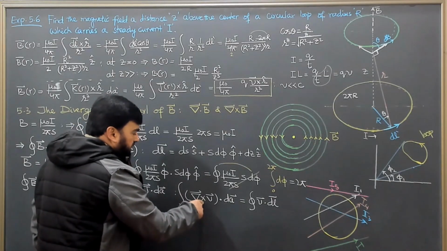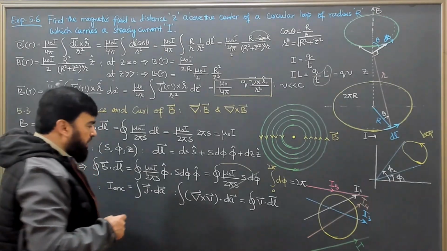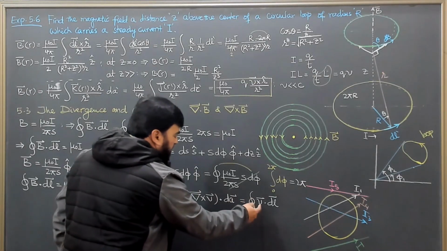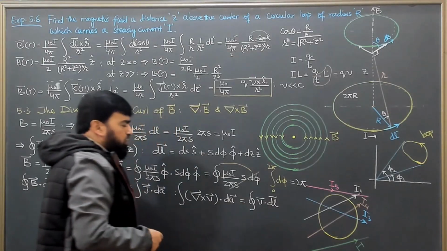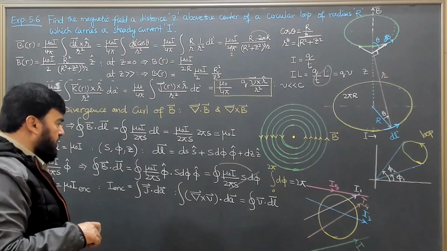You take the curl and do a dot product with the surface element, and it is the same as going around a closed path,